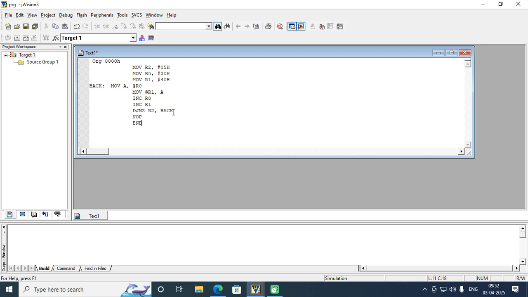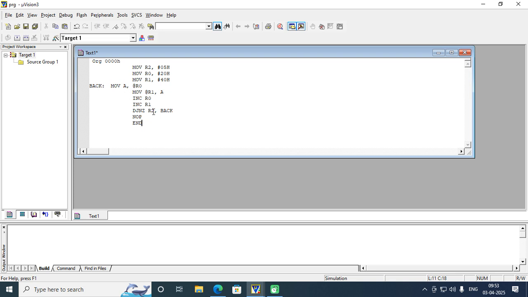This is the DJNZ R2, back. This represents decrement and jump if non-zero. R2 represents the count value, so decrement R2 by 1 and jump if non-zero. If R2 is not equal to 0, it should go back to the memory location with the label back, so that it will point to the next memory location.